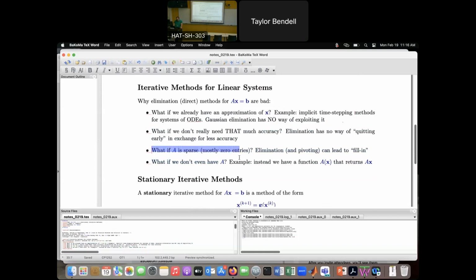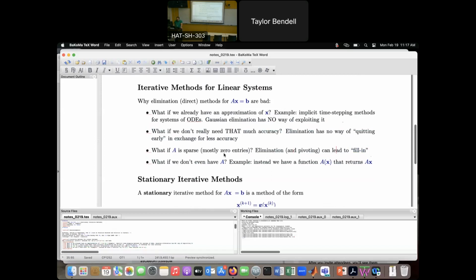This is one issue that came up when talking about banded matrices. The matrix is sparse. By sparse, I mean mostly zero entries, such as a tri-diagonal matrix. So using Gauss elimination with pivoting can destroy sparsity. It can introduce many new non-zero entries. That phenomenon I mentioned when I covered banded matrices is called fill-in. So that's another reason for these kind of matrices not to use a method like Gauss